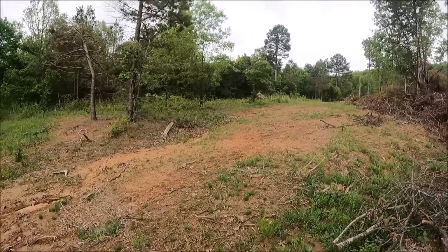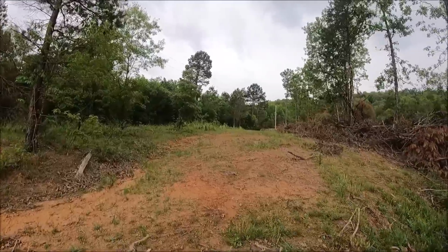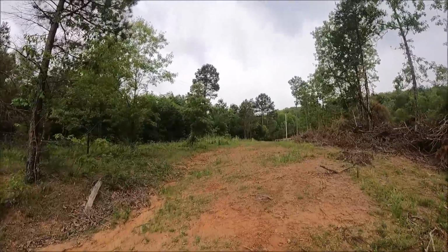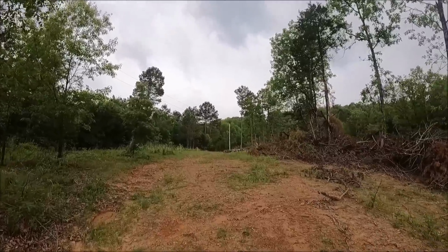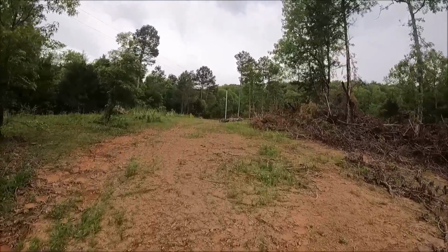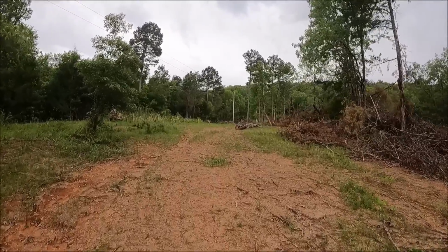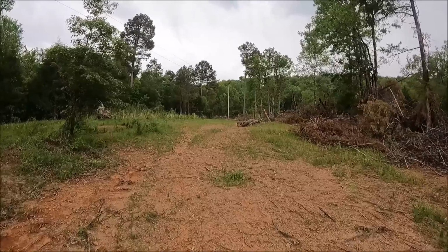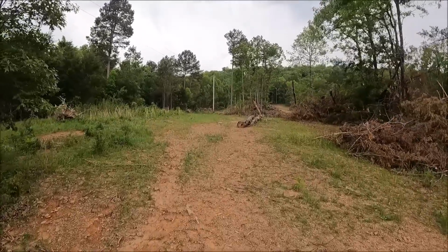Yeah, ducks, geese, turkeys. I can get myself into all kinds of trouble on a property like this. But yeah, you can see the electricity is right there. So that is going to be good. This is a pretty steep incline right in this section where I'm walking, but it flattens out right here, and then it stays flat all the way back to the back of the